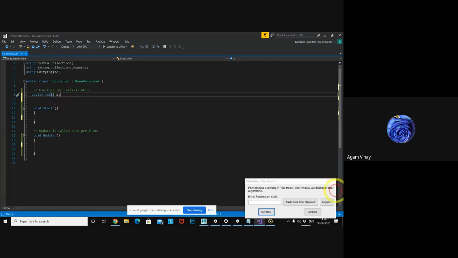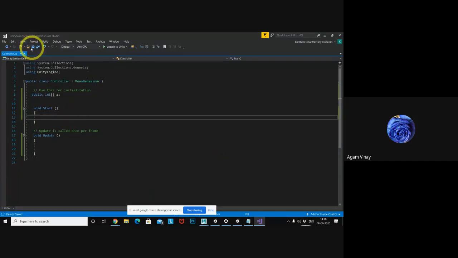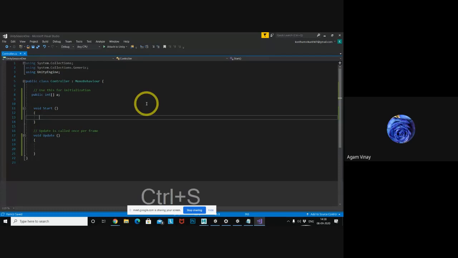Okay, this is the declaration of arrays in C#. So public type, int, array type, and a. I have not given any length, right? So I will save here and show you in the inspector.